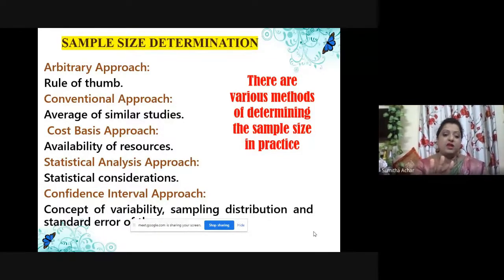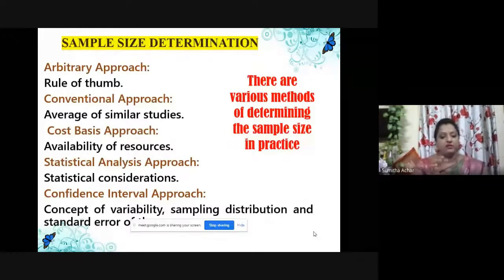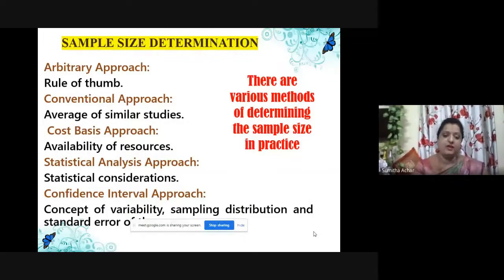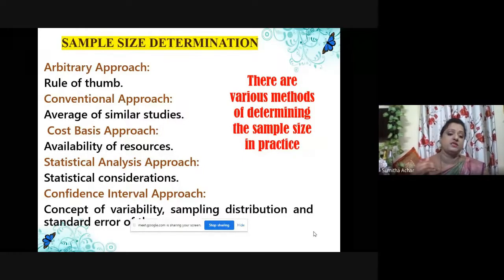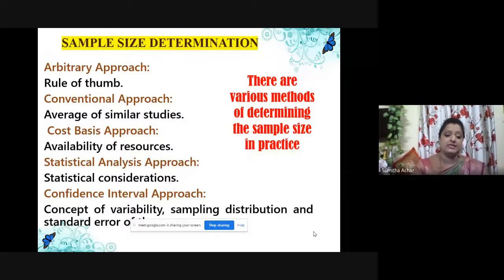But there's something called a 5% error in it, right? So if I'm 95% confident, there will be 5% error. 99% confident, 1% error. But generally in social science or management research, we use 95%. We do not go for 99%. That only goes with medical science research, where the high probability of generalizing the result requires the least amount of error, right? The least error should be very least. So that happens only with higher confidence in medical science research. I'm talking about social science research.